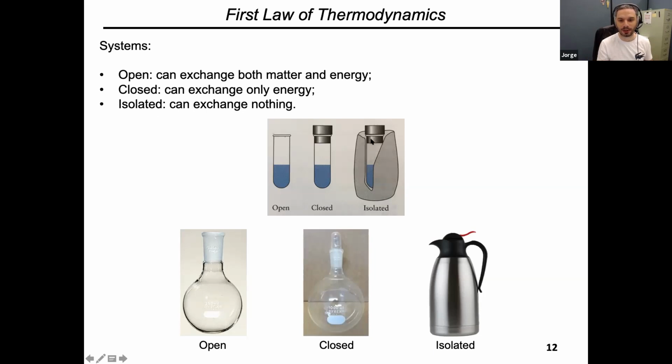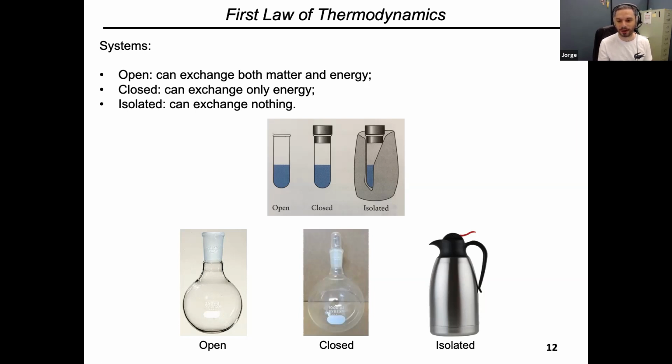Okay, that would be a system with a cap and a thermal insulation around the system to avoid energy flow in or out. A very simple example of an isolated system is a thermal bottle for coffee or hot water,